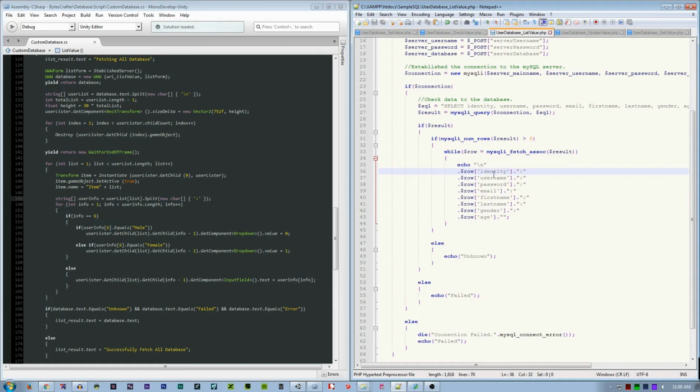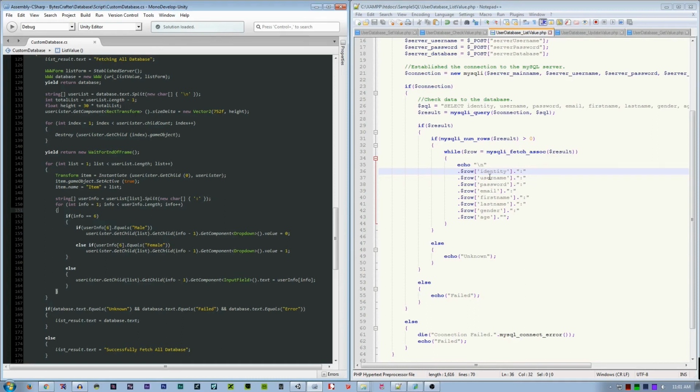So we separate identity, username, password, email, first name, etc. Then we need to create a new for loop, starting also n to 1, and then we use the user info length here, the length of this separator.